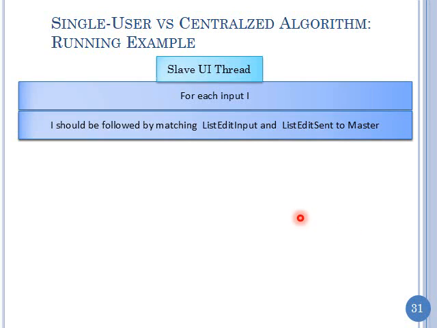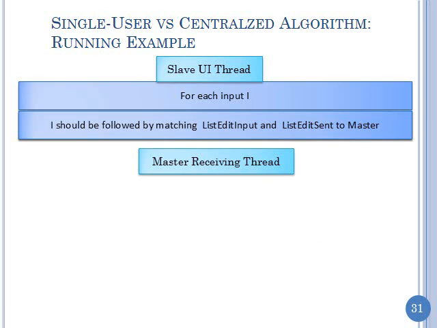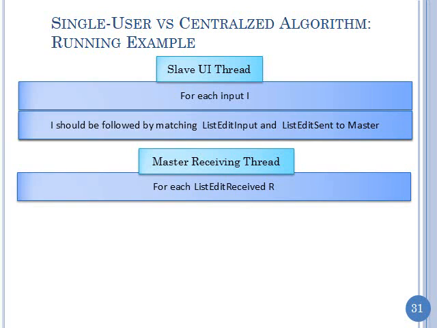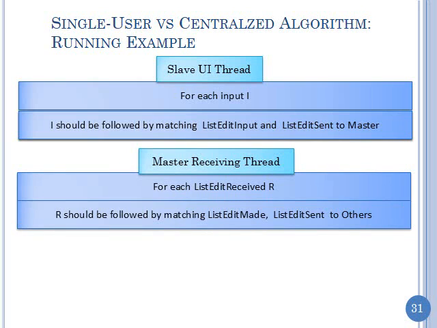Okay, this is the slave UI thread, and now we have to consider the master receiving thread. What is it going to do? For each list edit received R, it's going to make the change, but no notification, no observation. It's going to go in now, send to others. Okay, so this one is unicast now. Even though we are a group application, this is unicast. This is multicast,